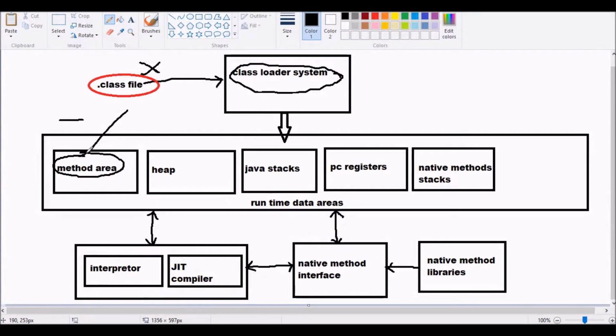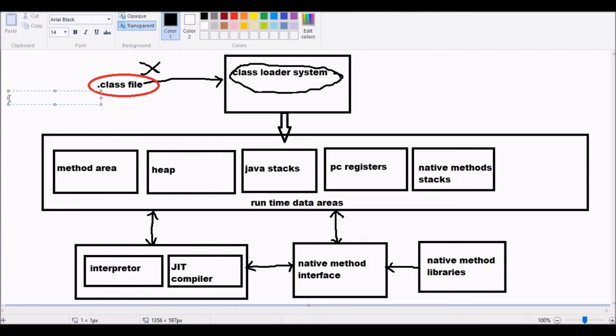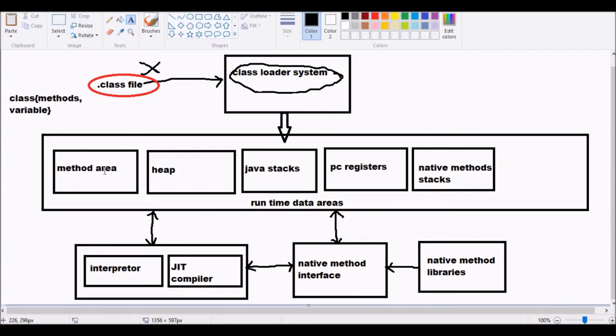Basically, whatever we write inside the class, along with the class, is stored in the method area. So here we are storing the class, and within the class are methods and variables.